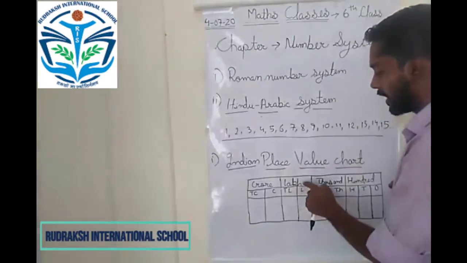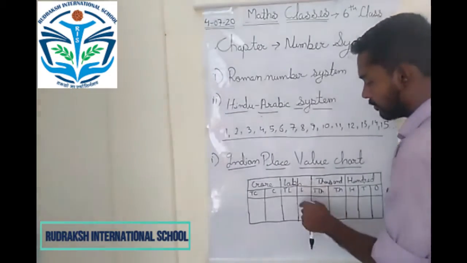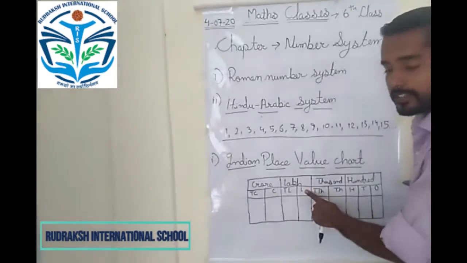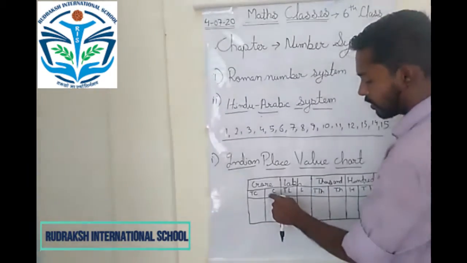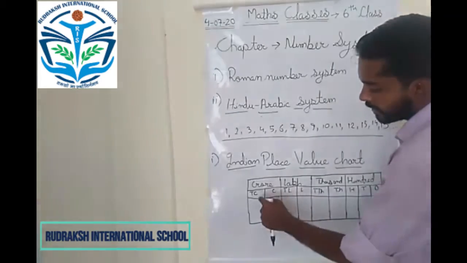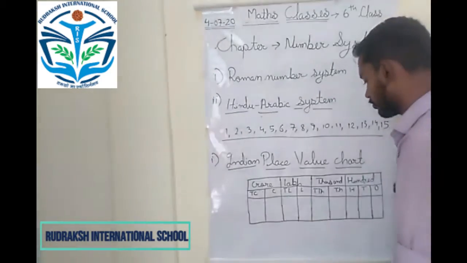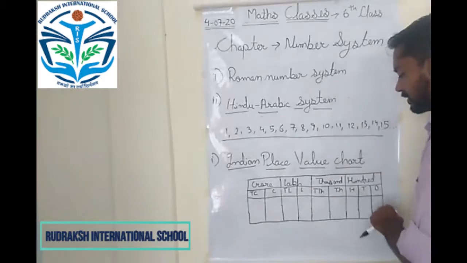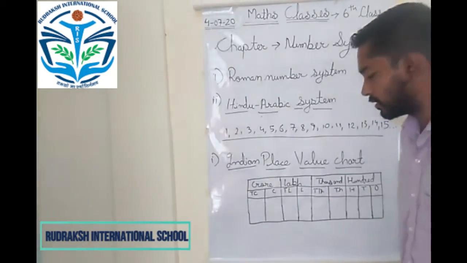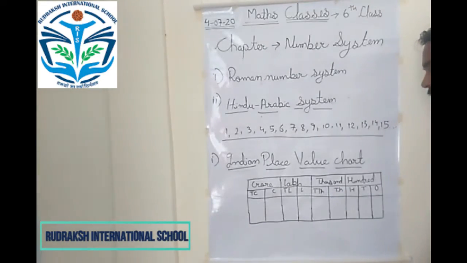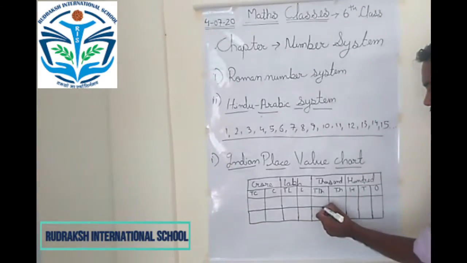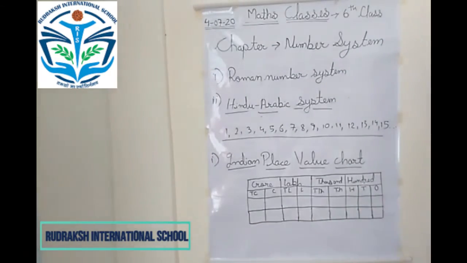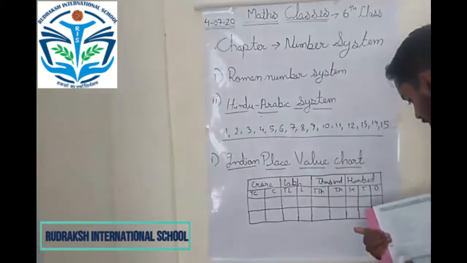Now moving further, we will have the lakh column. The first one is the lakhs and the second one is the 10 lakh. And again we are having the next column, that is the first one is the crores and the next one is the 10 crores. So this is the sequence and arrangement of an Indian place value chart. Now if we have to arrange a number in this chart, how are we going to arrange it? So now let's see how we can arrange a number.